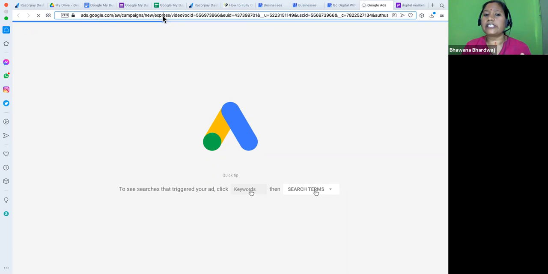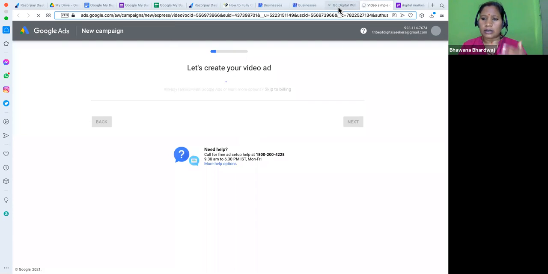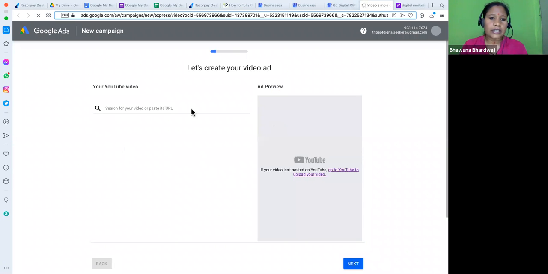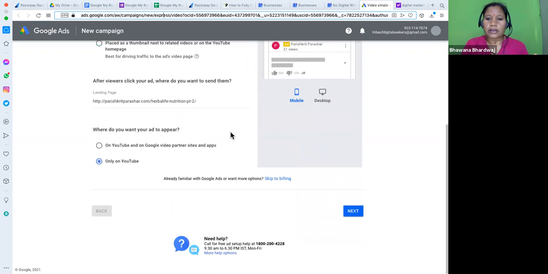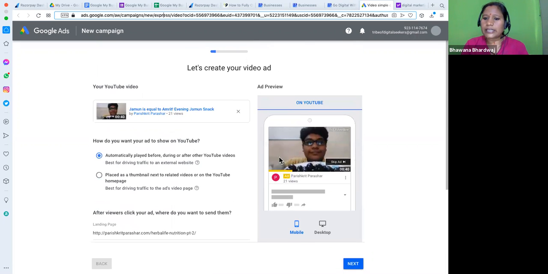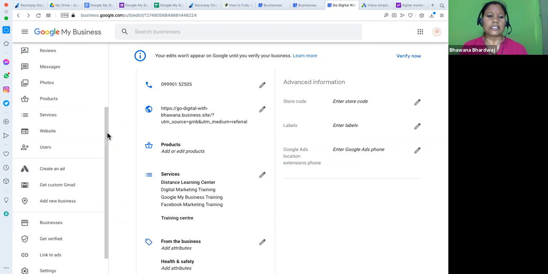Express means you are giving the majority of the control to Google to manage, and you have less control over managing your business. So you can manage using Google Ads in this express mode. This kind of management you can do, and you can see that advertisement. I'm not going into that detail, but yes, you can just follow the steps from create ad, and you can manage your advertisement.